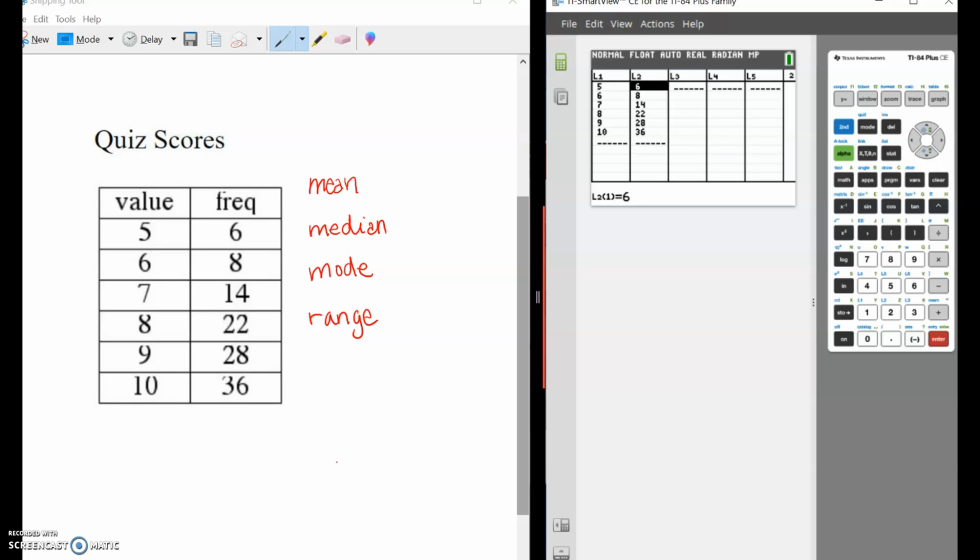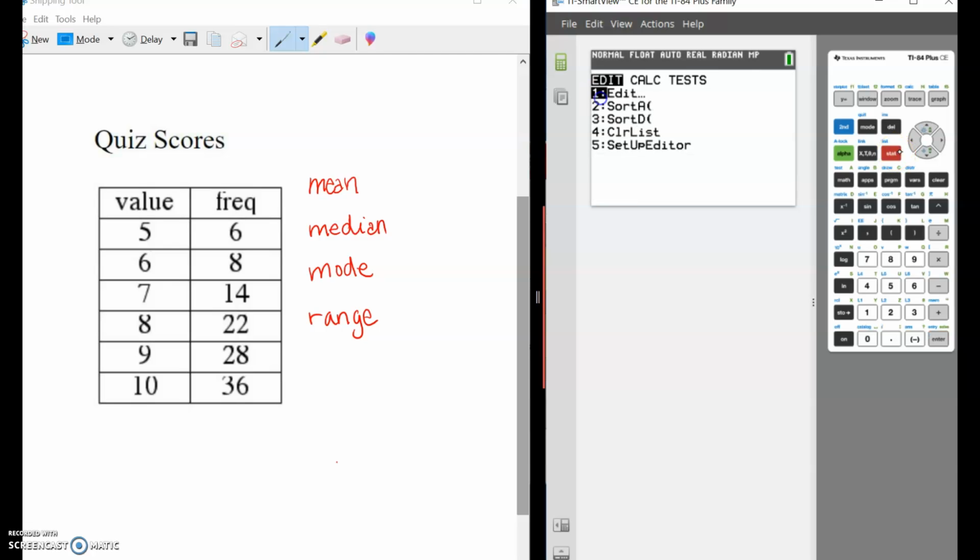On the Canvas quiz you had to calculate from the quiz scores in the frequency table the mean, median, mode, and range. And you had to round that to the nearest tenth. So the first thing you wanted to do, if you're going to do this using your calculator, is hit Stat